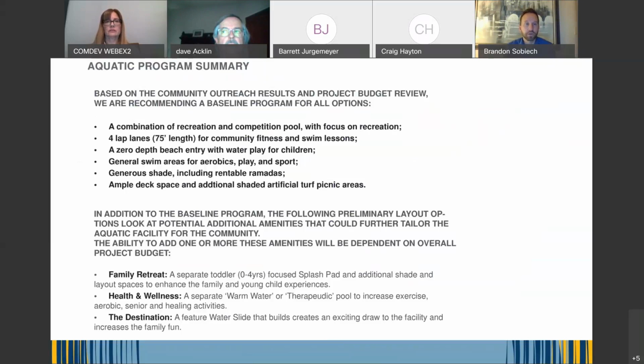Escalante has a similar feature with that. And then on top of that, general swim areas for aerobics, play, sport. A big component we felt was generous shade as well. That came up a lot. I mean, it comes up a lot no matter what project you work on in the valley. You can never seem to have enough shade. So we've ranked that high in terms of creating that environment that the community would want to be in based on the feedback, and then ample deck space in areas to picnic and kind of expand that use, so you can spill out from